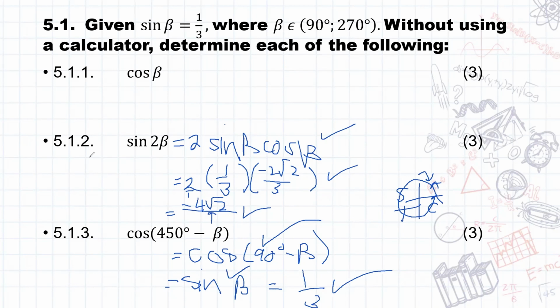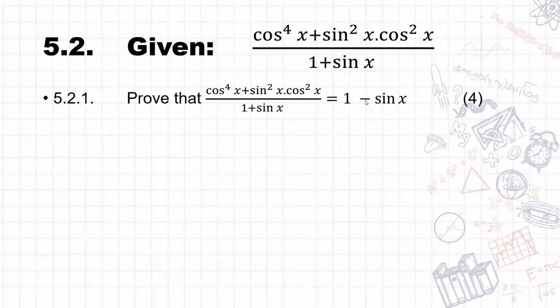All right, so the next question says, given cos to the power of 4x plus sine squared x cos squared x, over 1 plus sine x, prove that this whole thing is equal to 1 minus sine x. The way that we were taught it back when I was doing maths, dinosaur period,